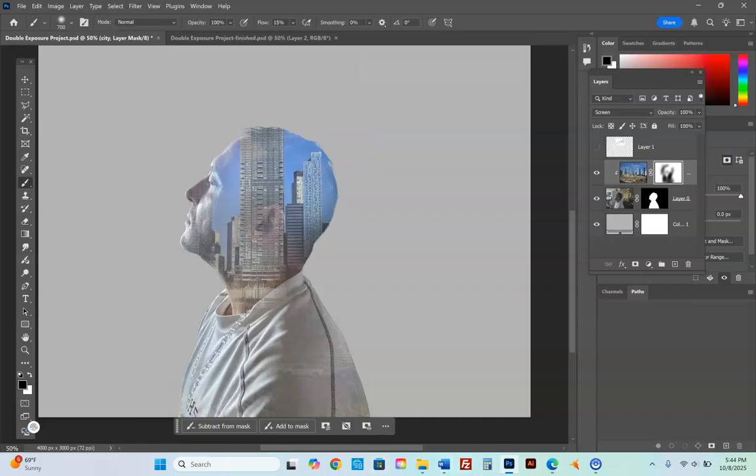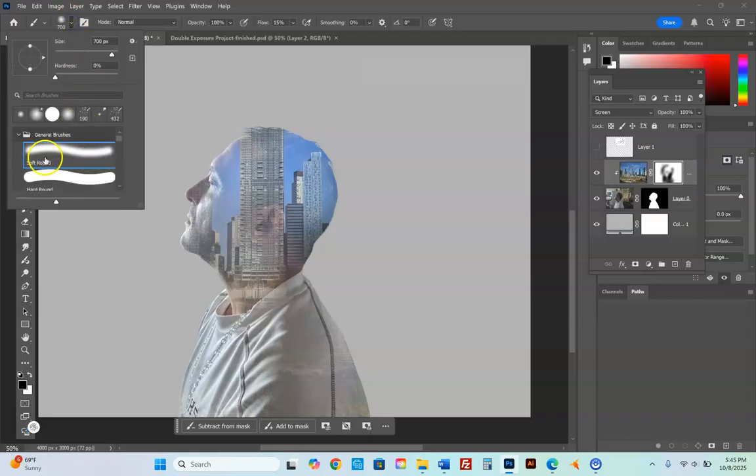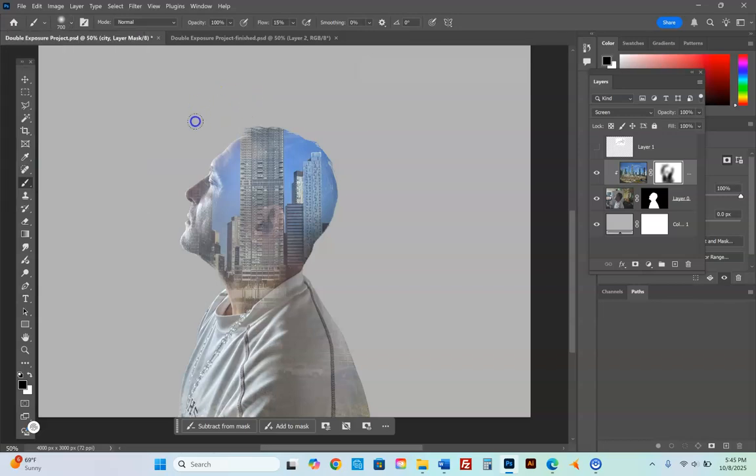After that, something that I really should have stressed, and I don't think that I did, is that when you're choosing the brush, make sure it's a soft round. Don't choose a hard round, do the soft round when you're doing it, because it gives you that feathered edge. Okay? After you have gotten all your features where you want, what you're looking to have seen, then you're